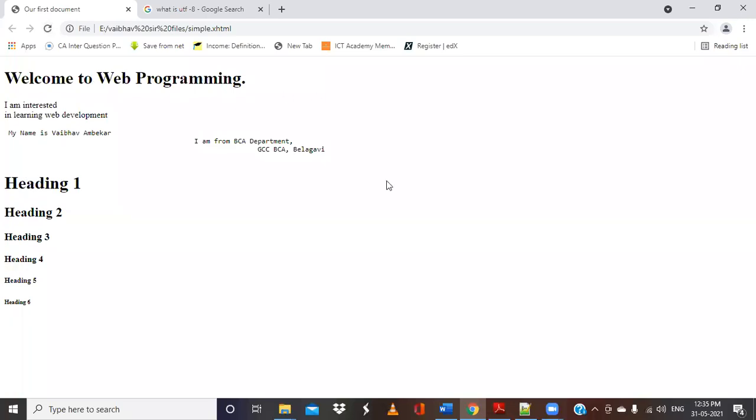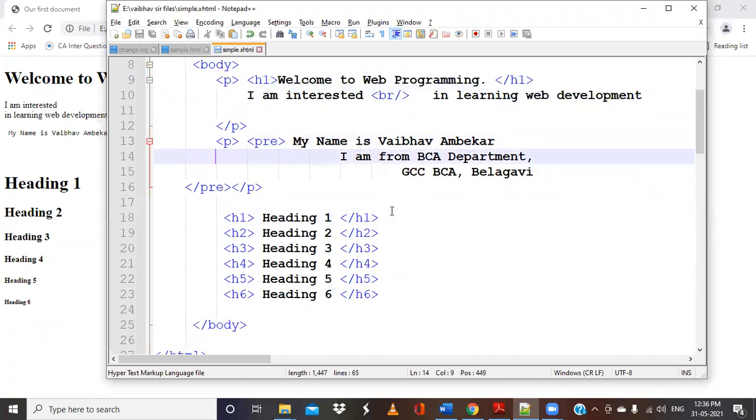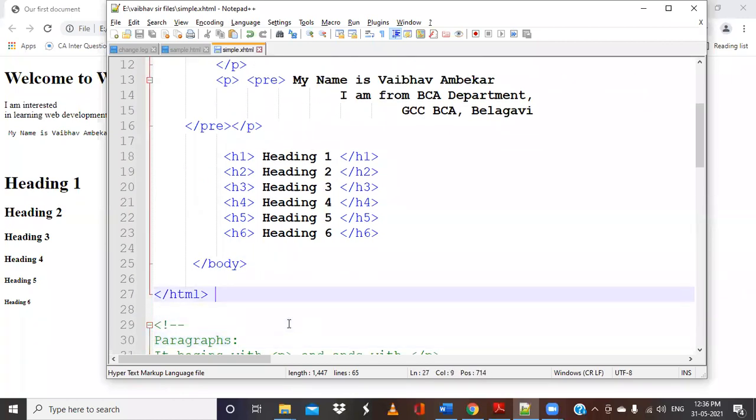Like this also I can use it, so it can be used within the paragraph tag as well. So these are some of the important basic tags we have. After all the tags get over, the body tag will get over, and once the body tag completes, then we have the closing HTML tag.